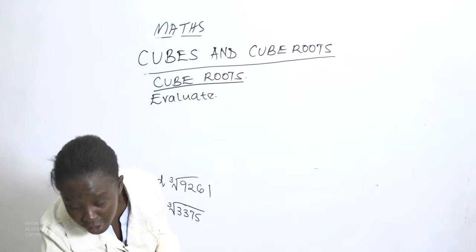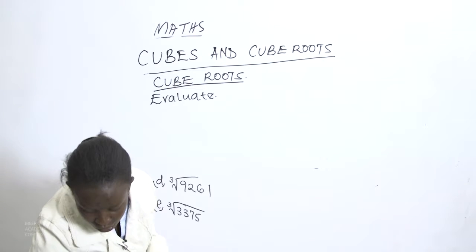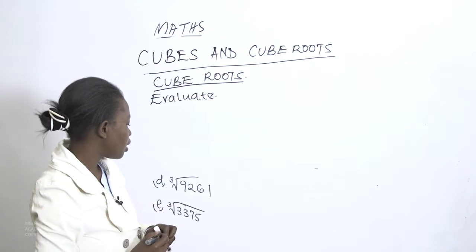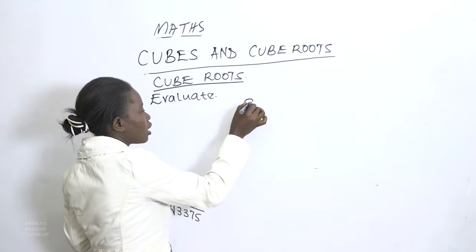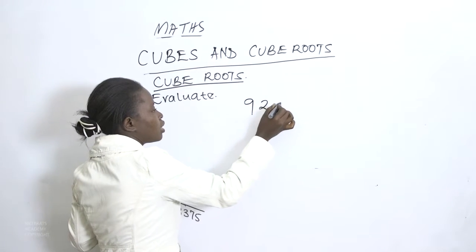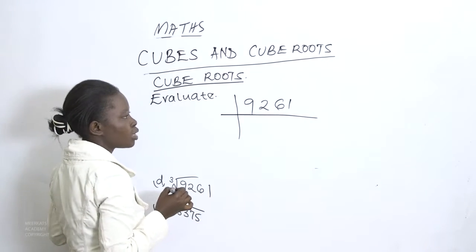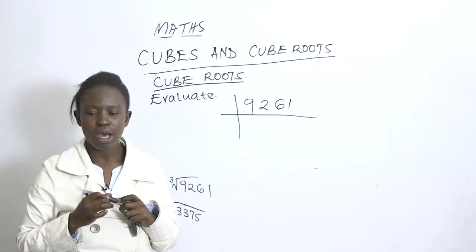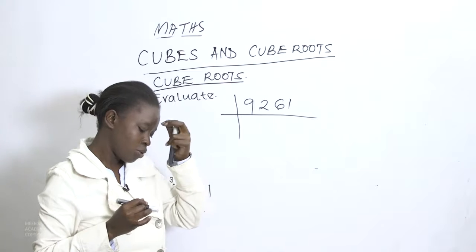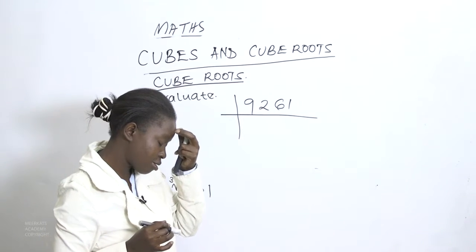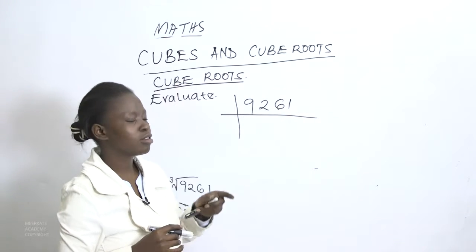Then we have cube root of 3,000. The next one is 9,261. We are supposed to get the cube root of 9,261. So what are the prime factors making up 9,261? We find that in this case, 2 is not a prime factor because our last digit is